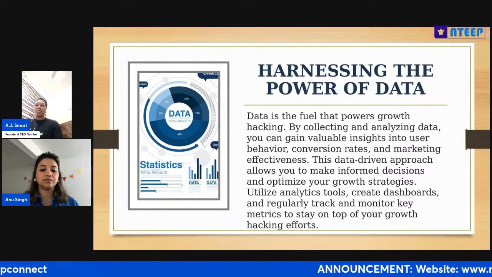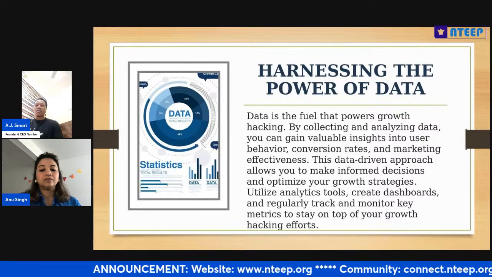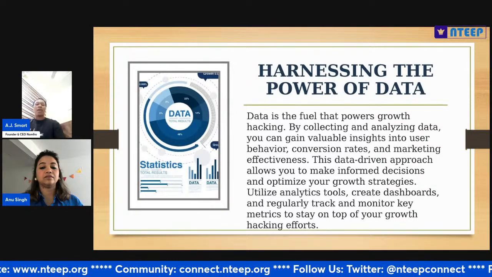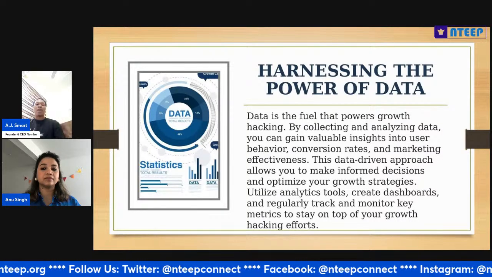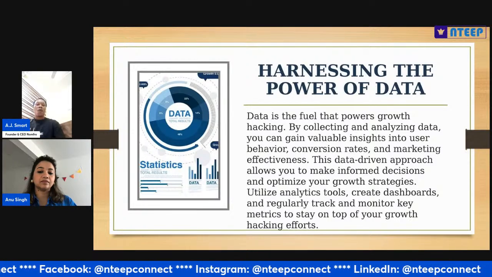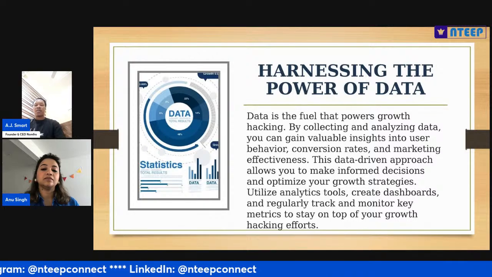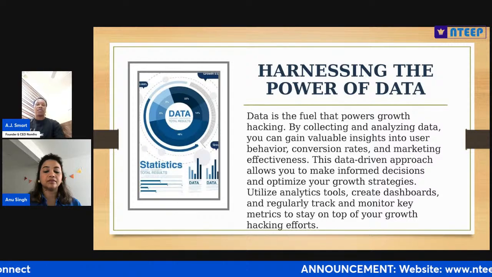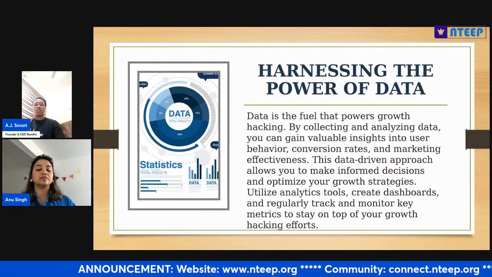Because your end game to become a business growth hacker is your ability to send out a product or service to a customer who needs it, as I said, when they need it and how they need it. All right. This is a summary of what business growth hacking is all about. And the process involves these simple strategies that I've just talked about. Once you have the product that they need, I talked about that value proposition. Once you have the product that they need and know how to tell them and show